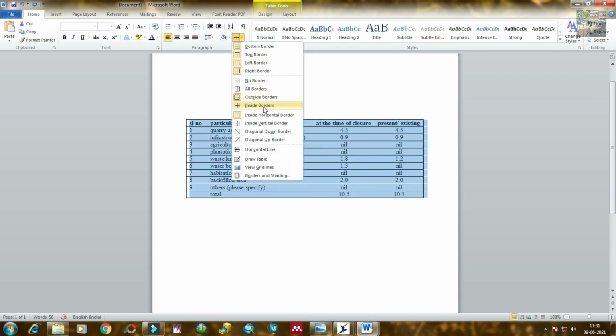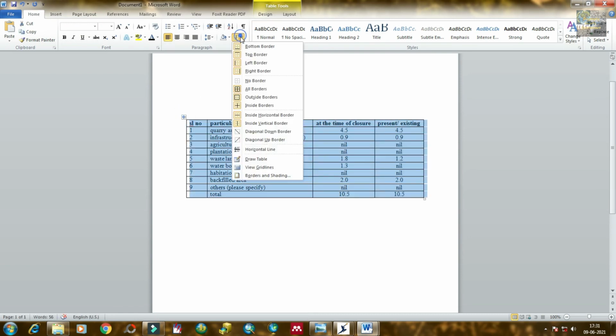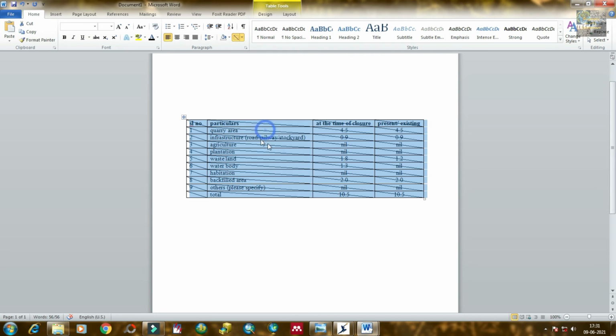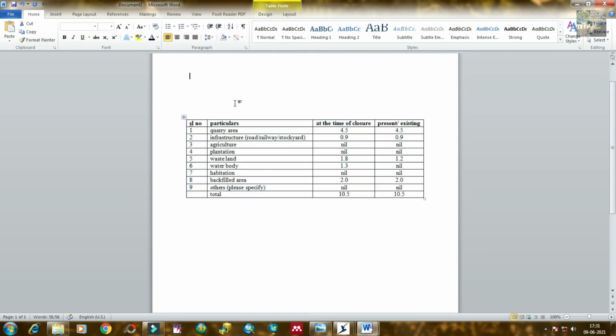You can see that. Then inside vertical border, you can see that the vertical border also comes again. This is typically used for any kind of research purposes, standard worksheet, or academic purposes. For this purpose, you have to delete all the borders.